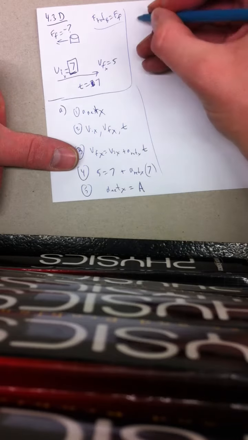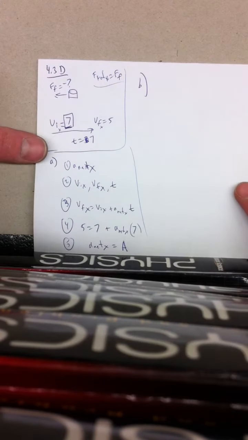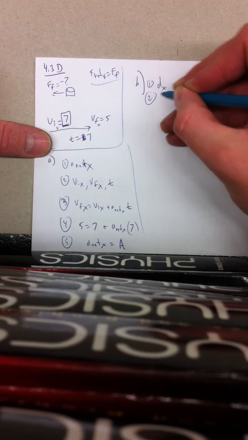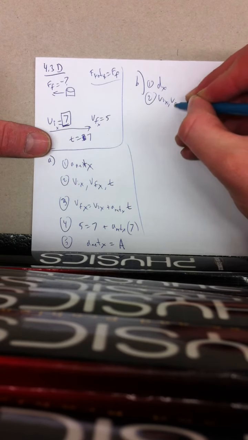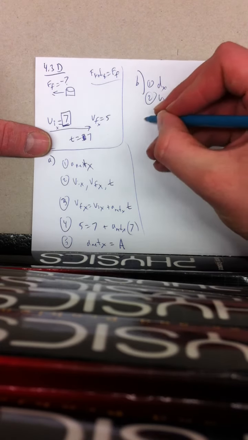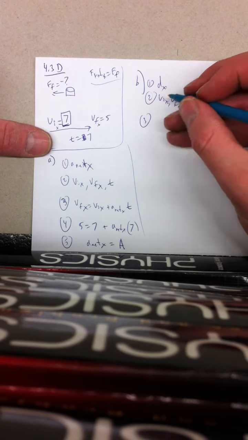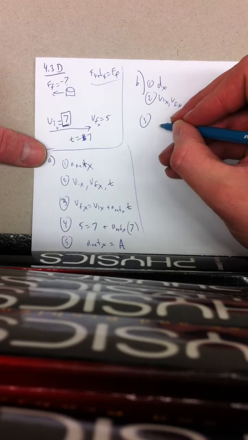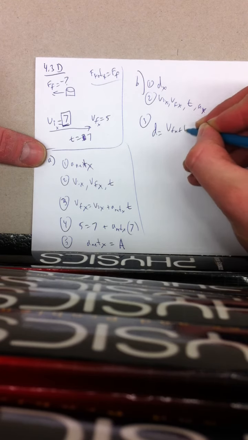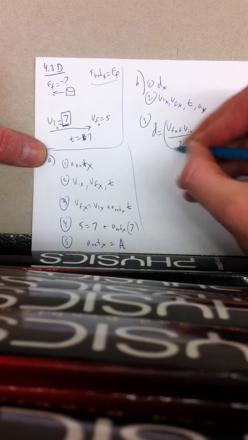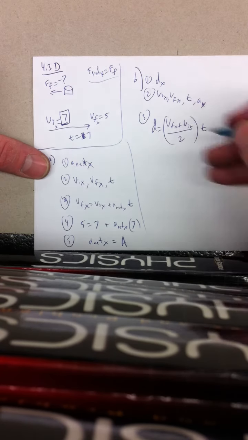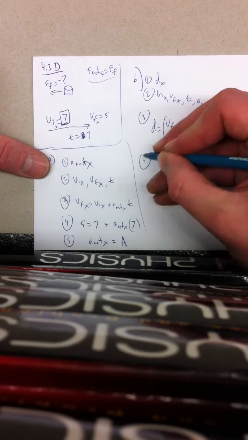Now for part B. It says, what's the distance? So we solve for dx. We have Vix, Vfx, t, now Ax. Step 3: why don't we use d is equal to Vfx plus Vix divided by 2 multiplied by t, or we can use d is equal to Vit plus 1/2 at squared. Step 4,